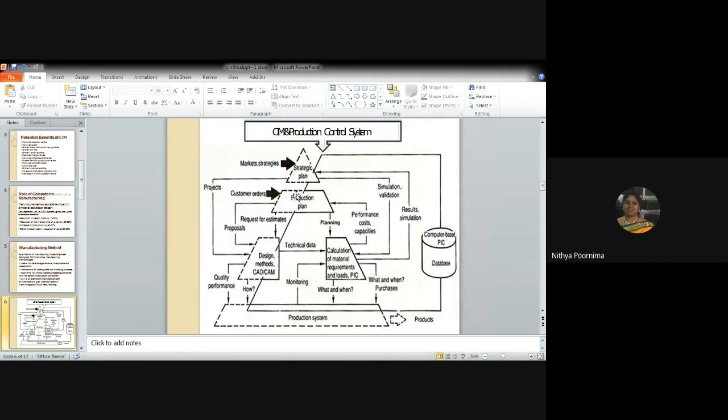In the production management, it is mainly led by the operations manager. Under the operations manager, you can have your financial manager, your marketing manager, your human resource manager, then your production manager. All these people will come under the operations manager, right? The operations manager will be coordinating with the top level production manager, marketing manager, material requirement planning manager, human resource manager, and financial manager.